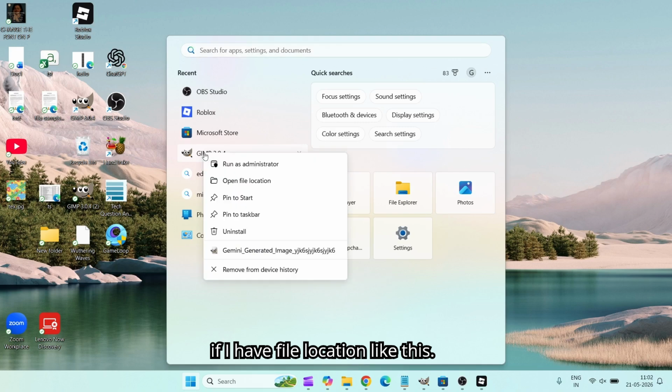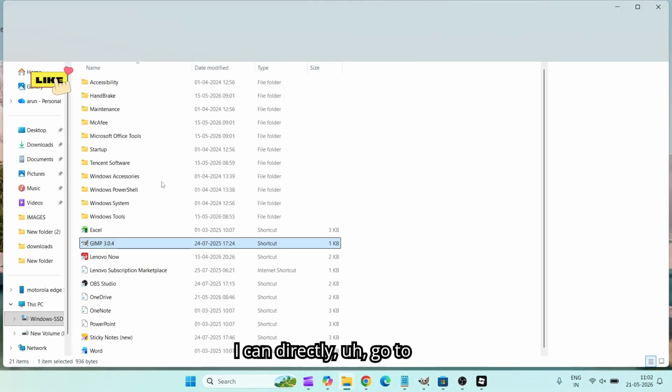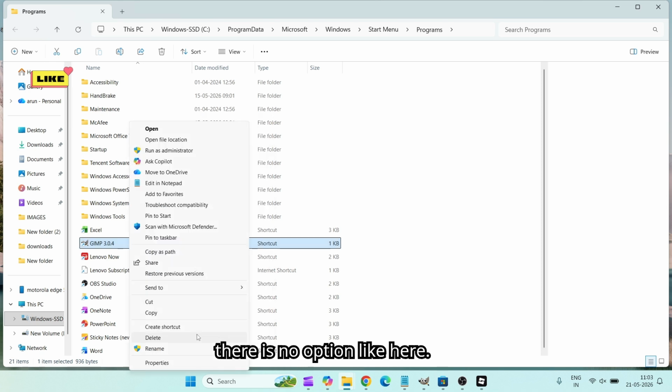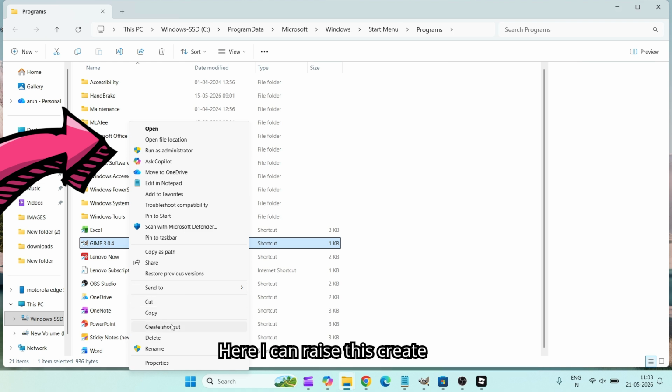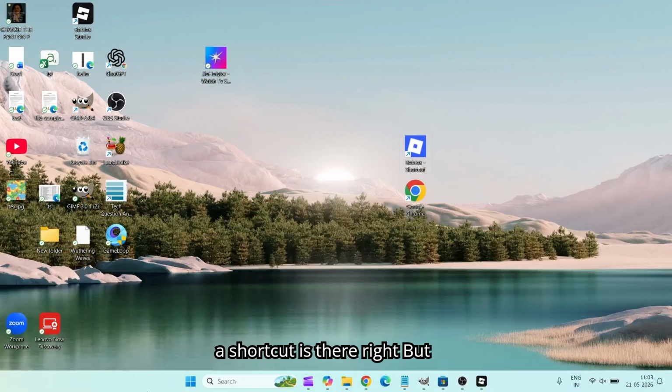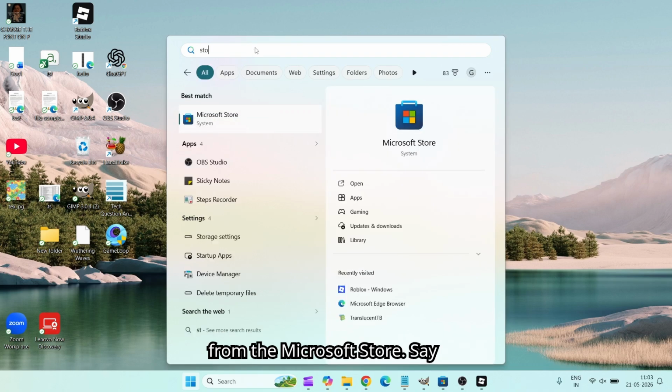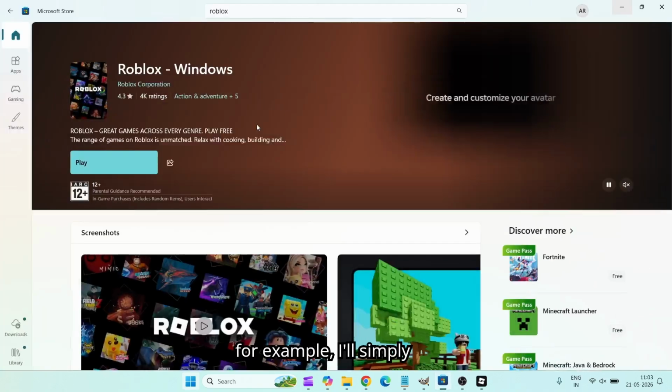If I have a file location like this, I can directly go to this file location and I can create a shortcut. Okay, but here there is no option. See here, this create a shortcut is there, right? But for a few apps which are downloaded from the Microsoft Store, say for example, I'll simply download